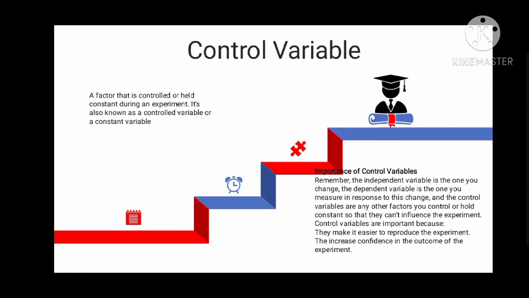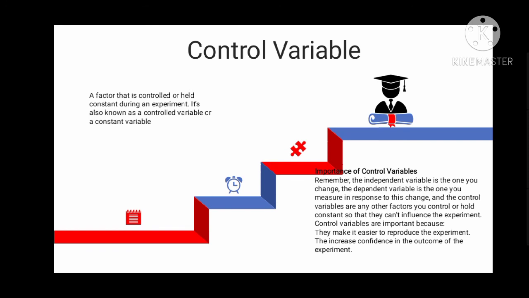For example, when you conduct an experiment examining the effect of the color of light on plant growth, but you did not control the temperature, it might affect the outcome. So in this research, temperature is a control variable. It might affect the outcome, so that one light source might be hotter than the other, affecting the plant growth. It means that if we did not control another variable that also impacts our results, in the end our hypothesis might be rejected, right?